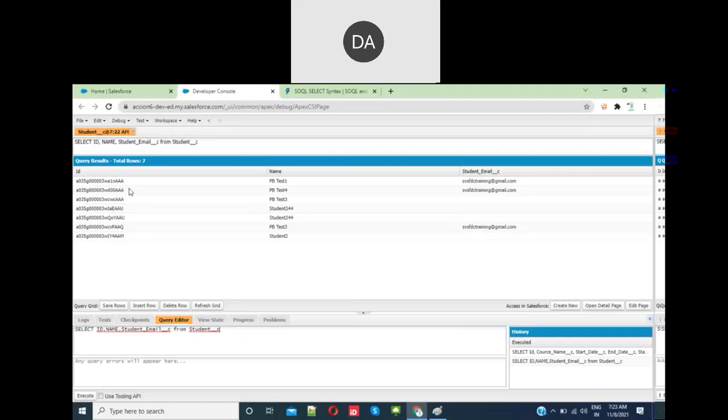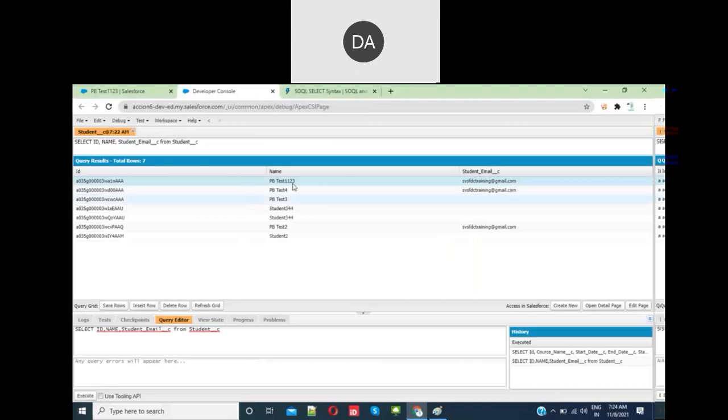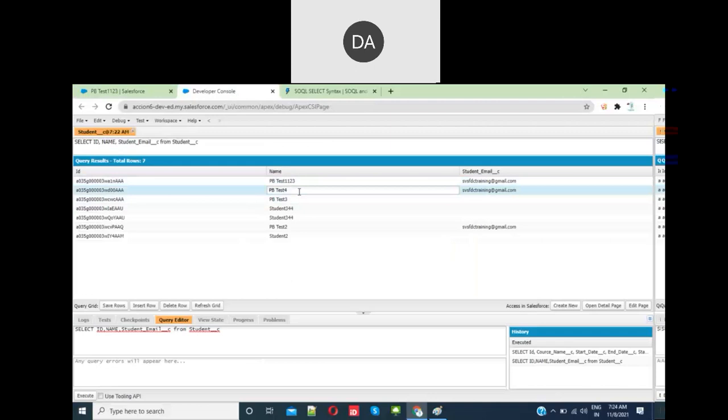So here you can directly create some records also, save records, insert record. Let's say I want to change the name. Whatever record you have edited here, if you change some name here, you can directly change it. Let me change another one. I'm giving 444, something like this. You can directly save it. So when you save it,